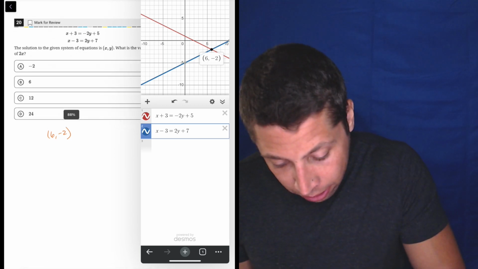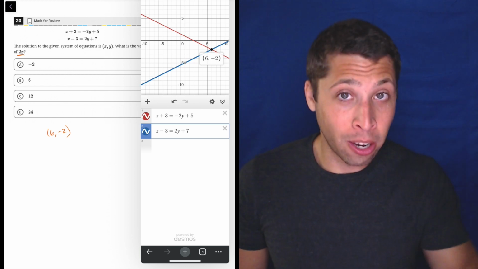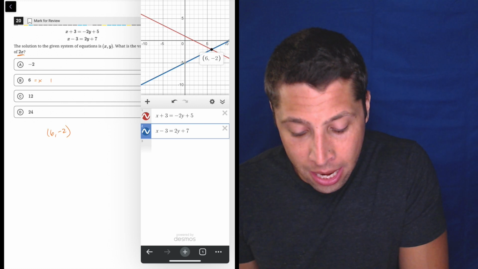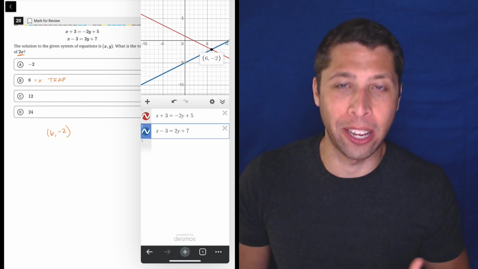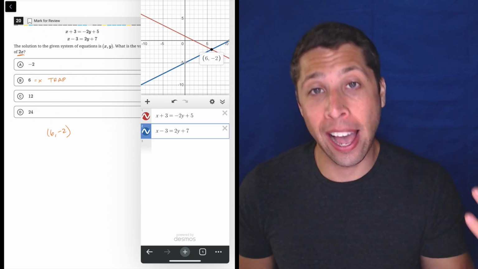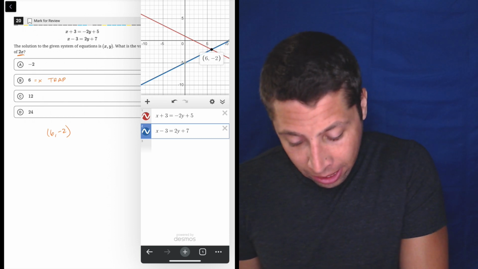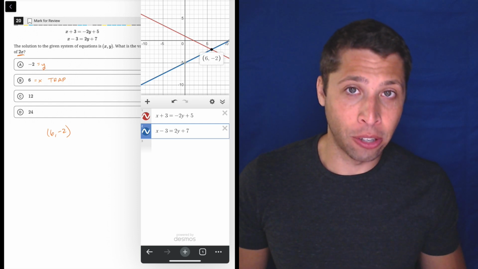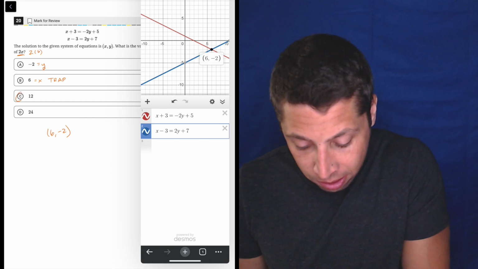What is the value of 2x? Many of you are going to be tempted to just say, oh, x is 6, and that is an answer choice, right? So that's our value for b, but that's a trap, because they don't want x. This is one of the ways the SAT messes with us. They know our habit is to solve for x or for y, and then they change it slightly to mess with us. We can also see negative 2 is y, so that's also a trap, but it's really easy. Just take your x as 6 and double it, because they want 2x. So 2 times 6 is 12, and